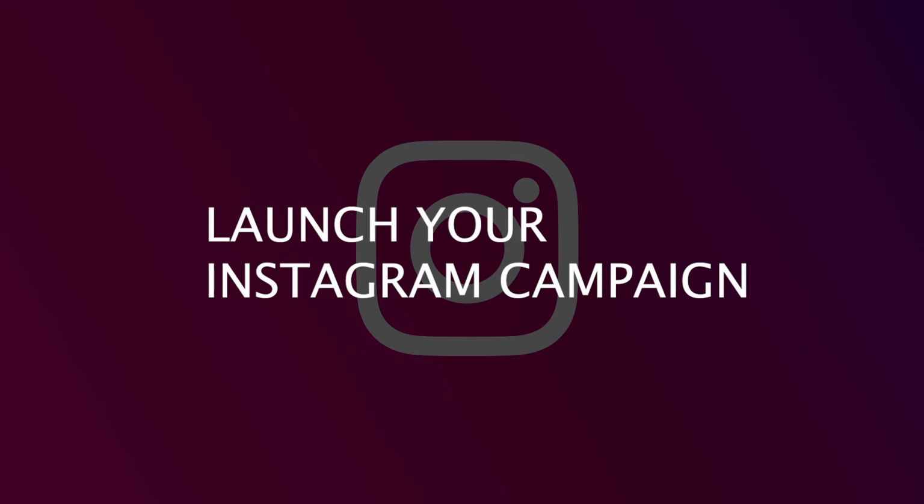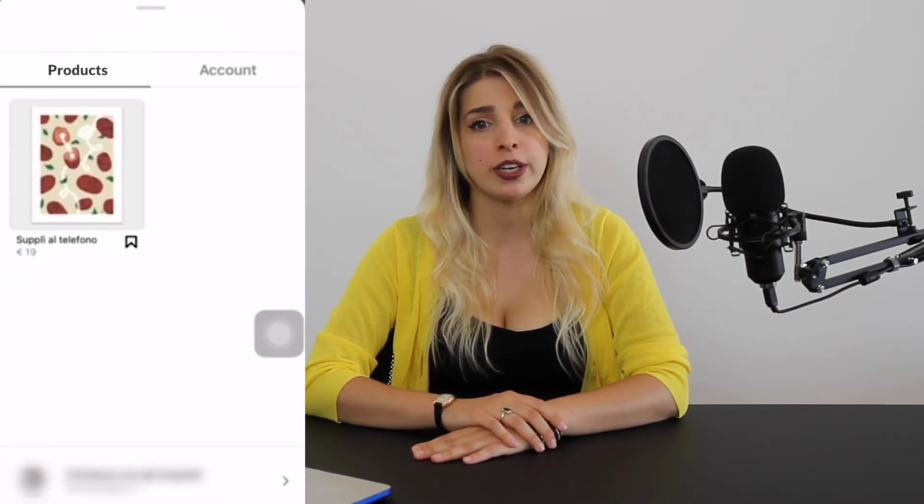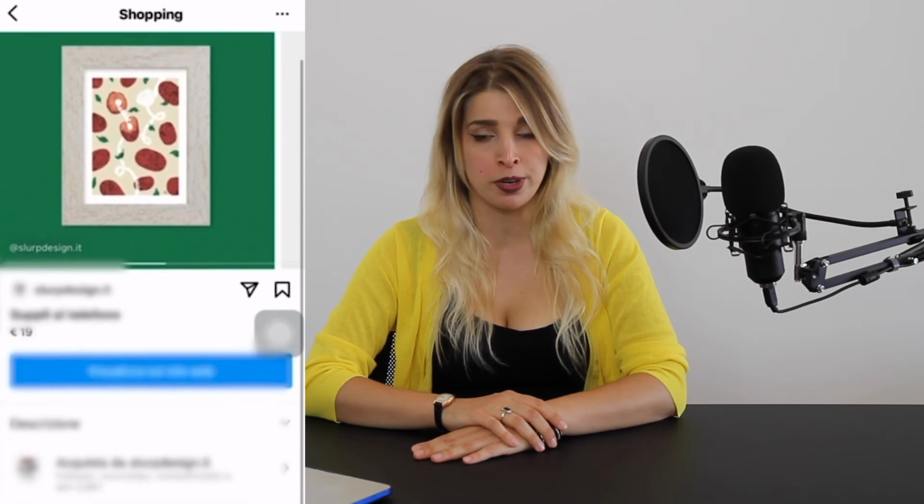Launch your Instagram campaign. Instagram Shopping lets businesses tag products directly in their posts to make it easier for people to discover and engage with products. Advertisers can now use shopping posts as ads for campaigns created in Ads Manager. When you run a shopping post as an ad, the ad will show the products that were originally tagged in the organic media. Before you start, create an organic shopping post in the Instagram app by tagging products from your catalog. You can use a single image post or carousel for your shopping ads.